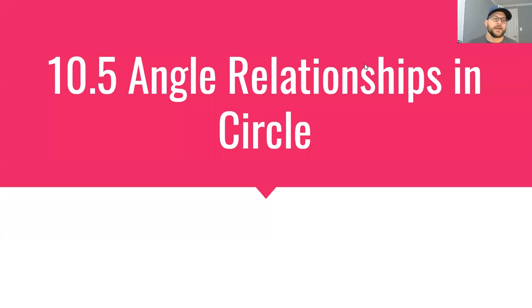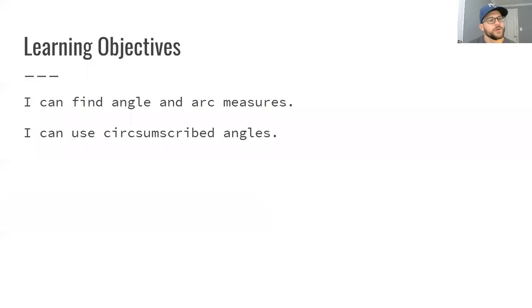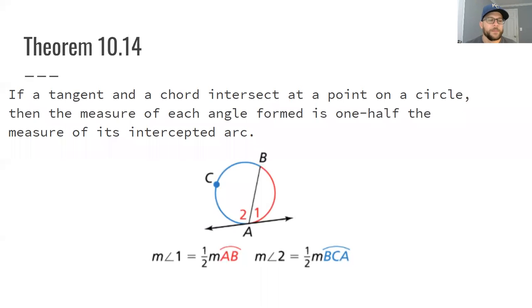All right, this is the Big Ideas Geometry, section 10.5, angle relationships in circles. So we're going to talk about how to find angle and arc measures and use circumscribed angles. So if a tangent, which is a line that touches a circle but only goes through one point, like this